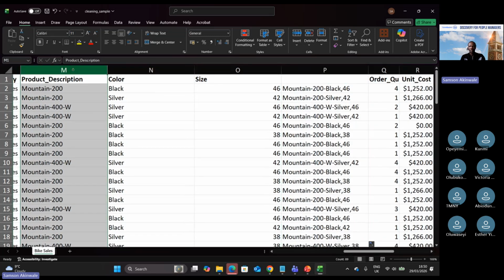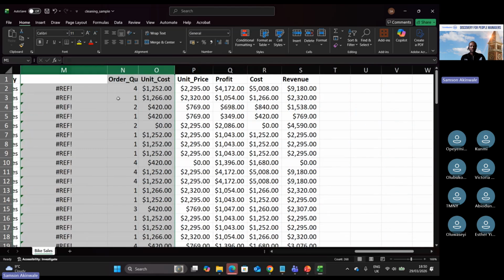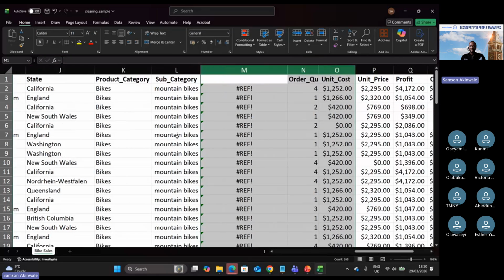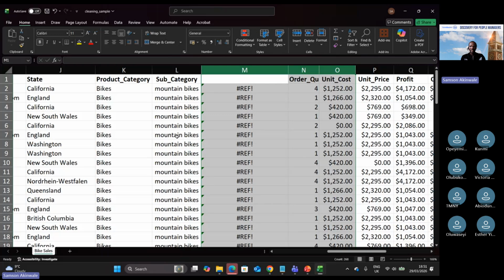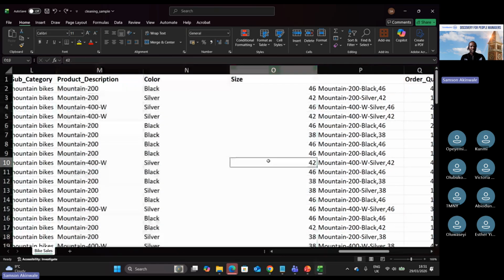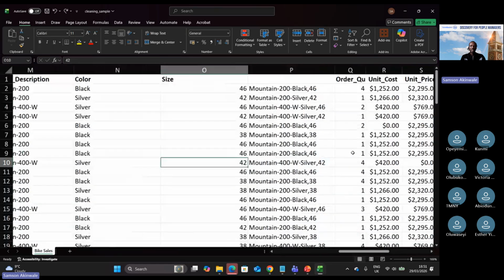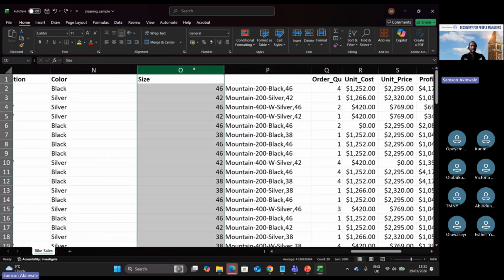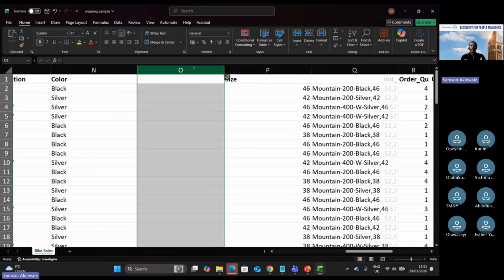I will just pick M, N, and O and do Control minus to bring it out. But okay, something happened there, because the last one I did was referencing those columns I deleted. That's why it turned into this. So if I undo, it brings them back this way. So all I need to do is probably to now create another column,